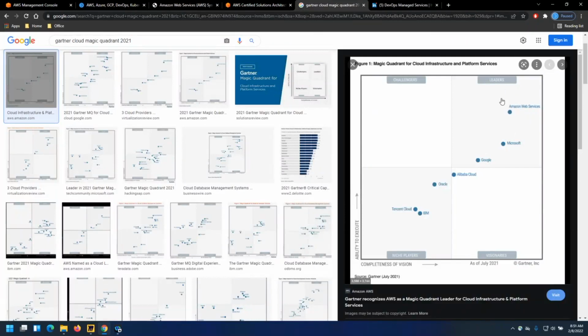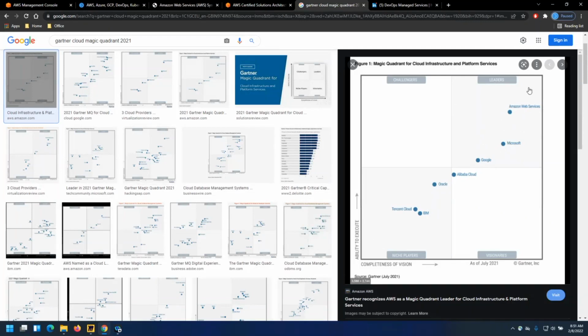It's been the market leader since the beginning, right? AWS is in the leader section, and Azure has been trying to reach AWS over the last few years, and you'll see it is moving towards the top, but there is a huge gap, so it takes time. Even if Microsoft is trying to go into that position, it's not an easy job to swap it. And all three clouds have their own advantages and disadvantages when you look at business benefits and technical benefits as well, right?